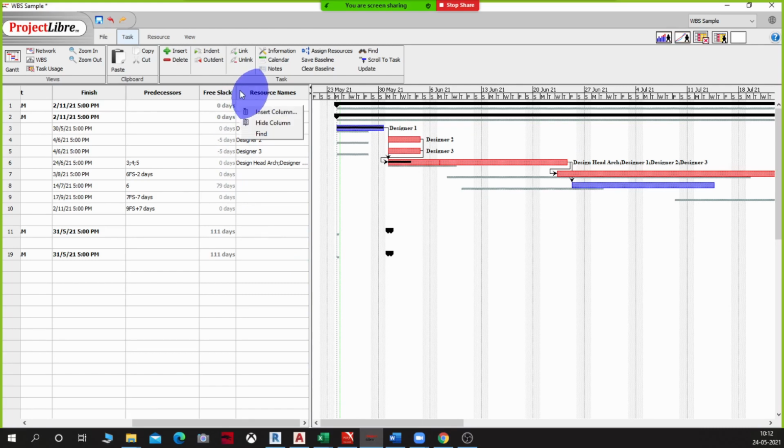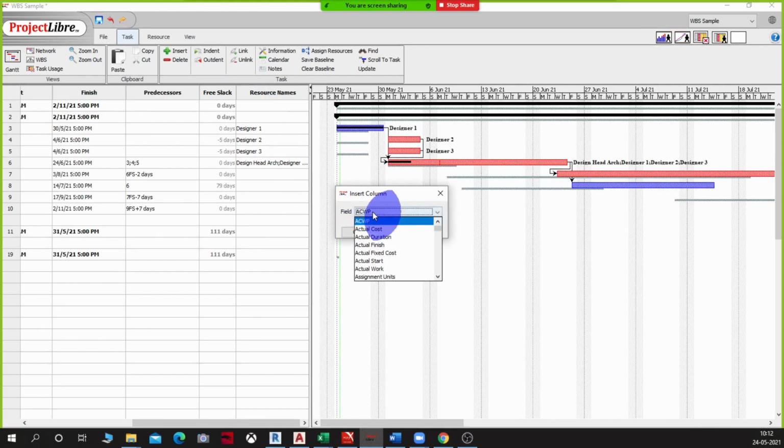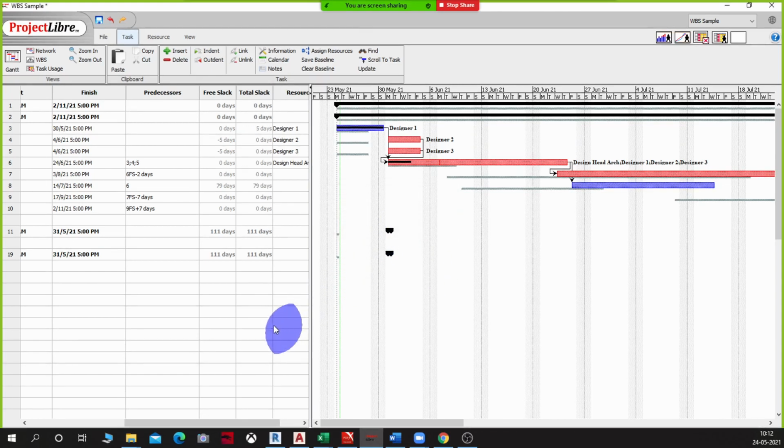Okay, so let's add another column here, and now I'm going to add another column which tells me the total slack. I think that is also there. Yeah, total slack. You see that? This task now has 5 days of slack, whereas these two tasks have 0 days of total slack available. Whereas in free slack they had -5. This is unaffected, it still has 79. Let us do something to understand how the free slack and total slack values can change.